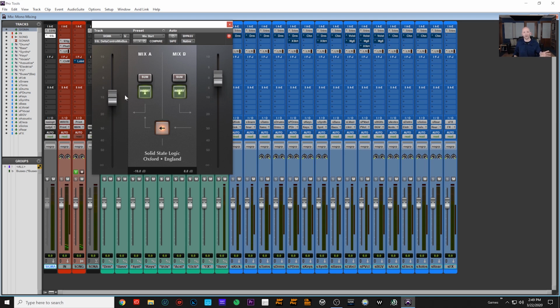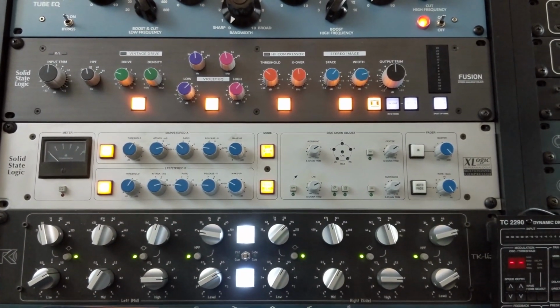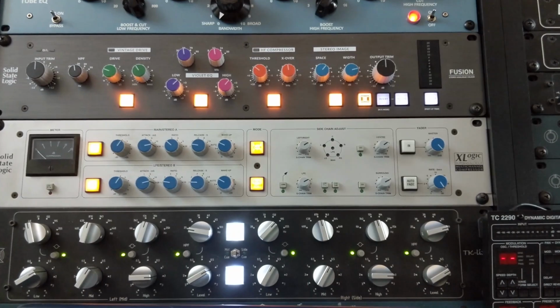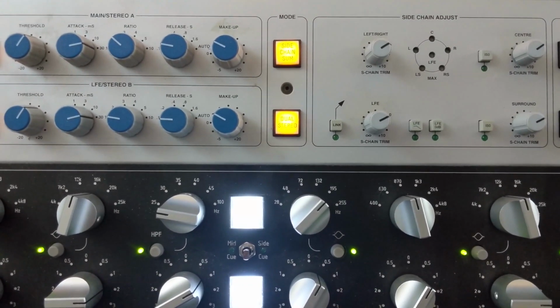But basically the A bus, again, is all music. So I start that at -10, and I insert gear. So my A bus is my TK Audio in mid side, which allows me to filter out all the mud from the sides, and then I can really dial in the center. And then I have